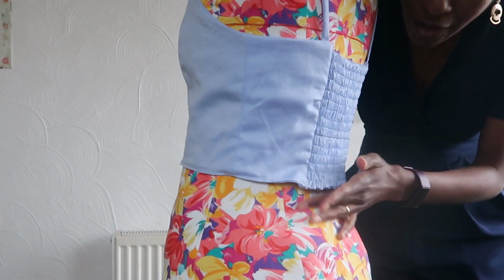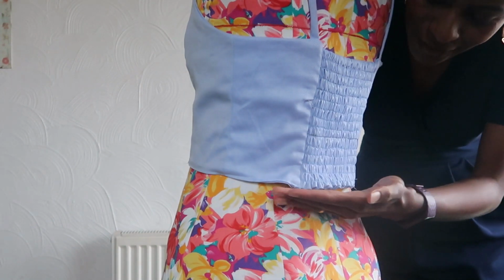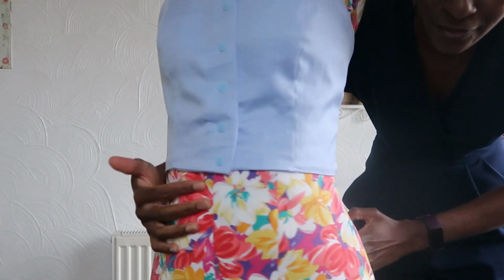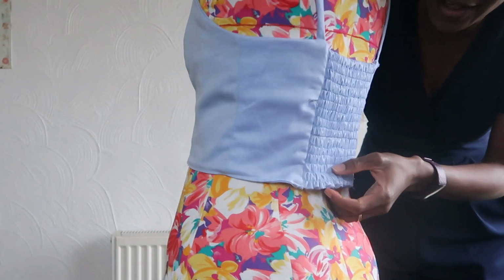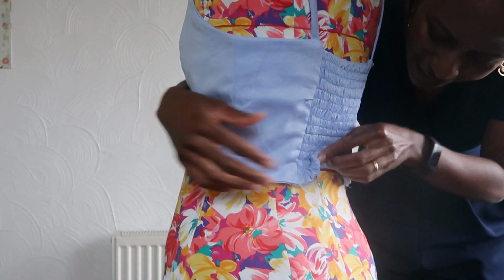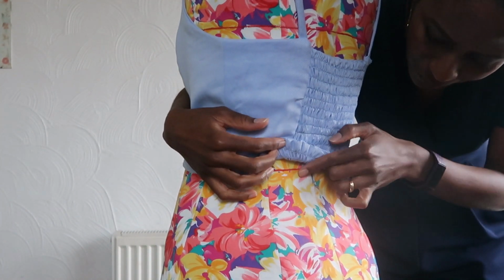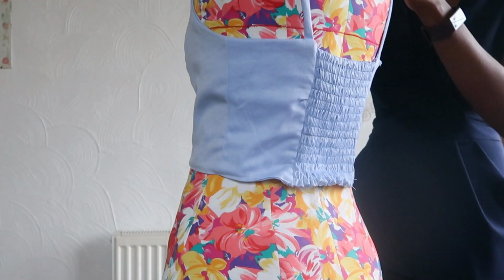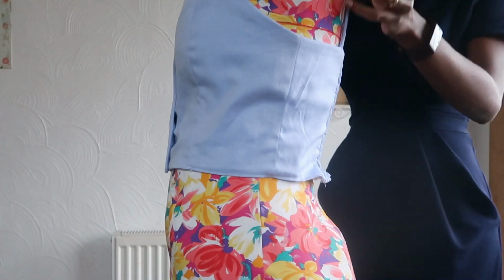If I don't make any alterations to it, I realize that the waist of the dress at the back would dip in much further than it does at the front, if you can tell. So with the swayback adjustment, it helps you take in that extra amount so that the waistline of the dress actually comes to your normal waistline, if that's clear. I'll show you in another